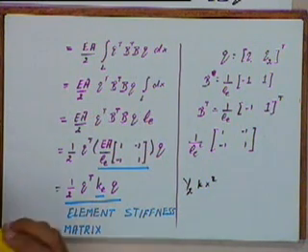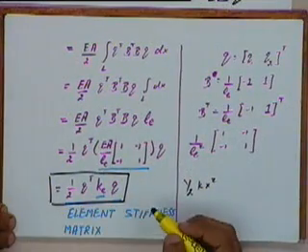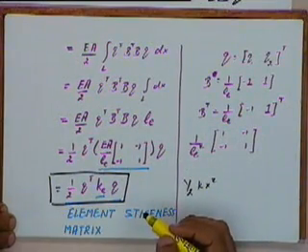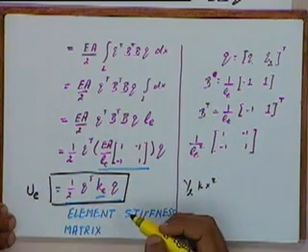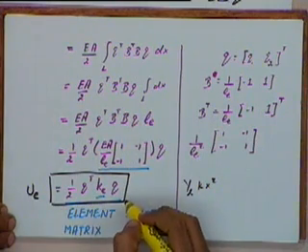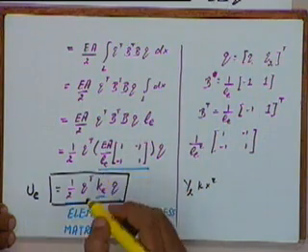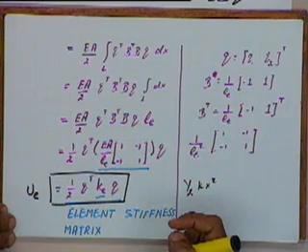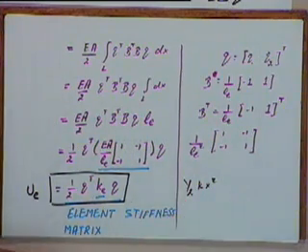In fact, we will see when we go on to higher order elements and more complicated elements, our aim will always be to get this expression. We will always get UE, the element strain energy, to be equal to this expression, and we will try to get some expression for this stiffness matrix. This will be the first step in our attempt to solve the finite element problem. So this is what we call the element stiffness matrix.